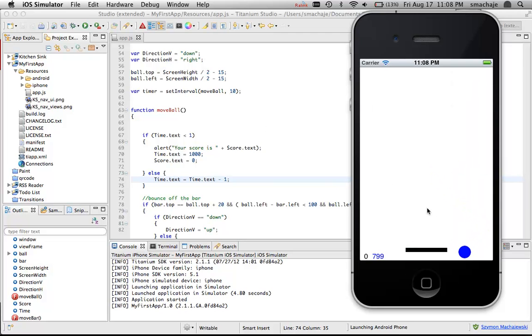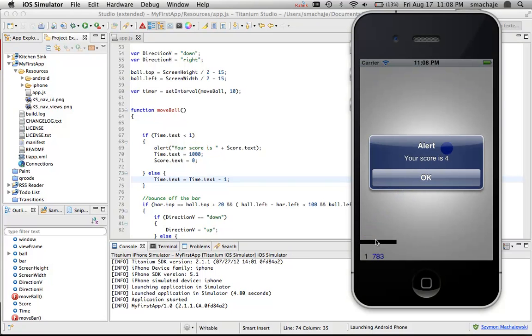Okay, so the timer is running and we're playing the game. Oops. All right, we got this many bounces. Okay, and so obviously the timer continues to run even though our game